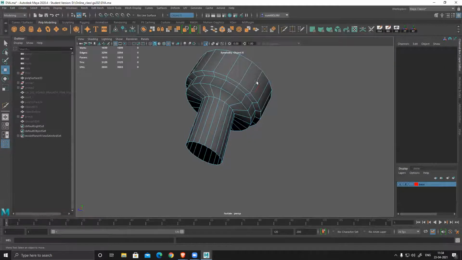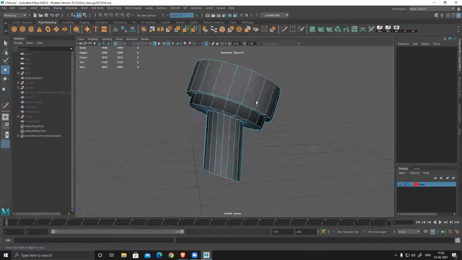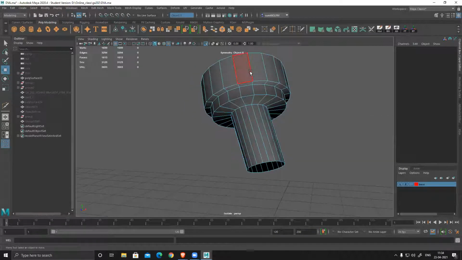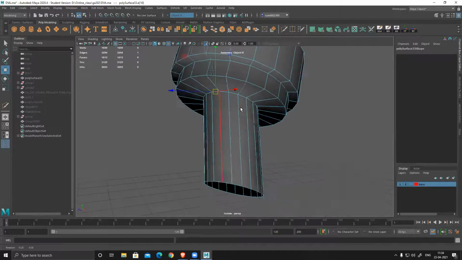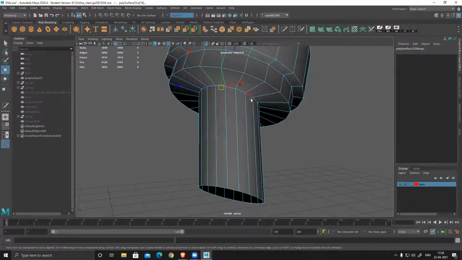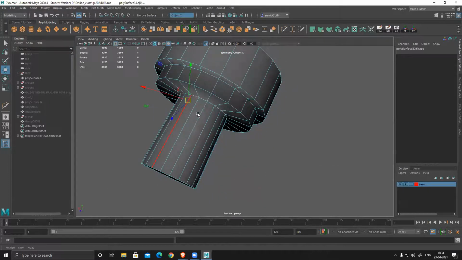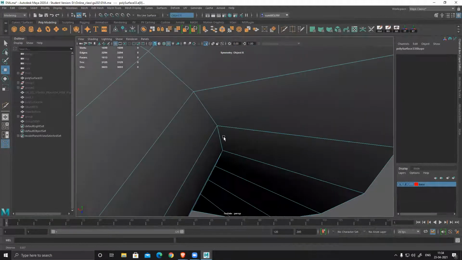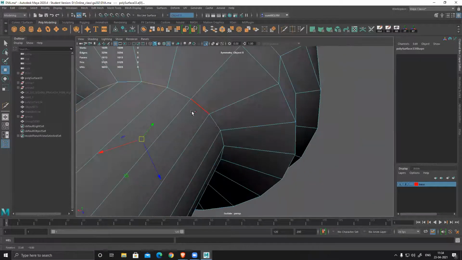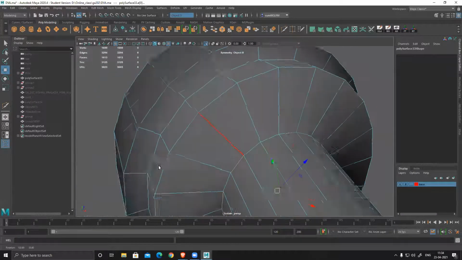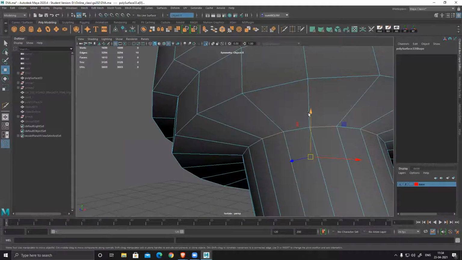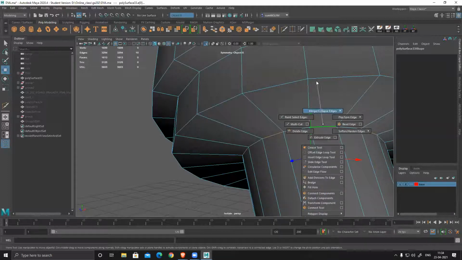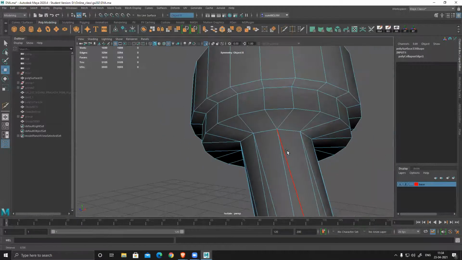Okay. And now I feel like for this section, these many loops are fine because it's a circular shape, but this is a smaller shape, almost less than half. So we should optimize this section. So how to optimize? I'll again select all the alternative edges. This time collapse edges.